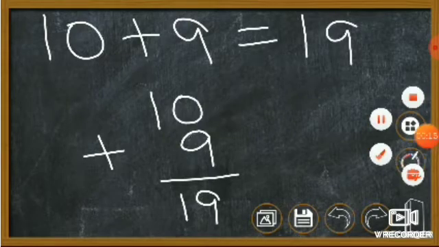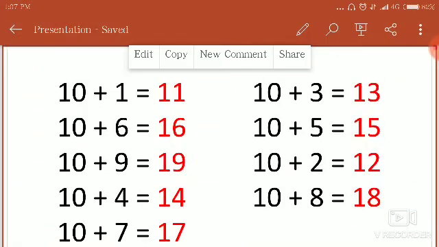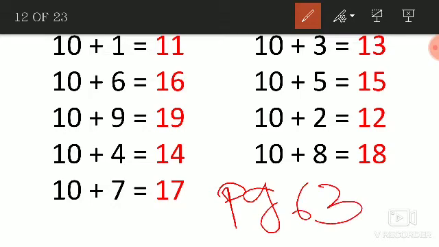Up to this, the first exercise gets over. Kindly copy down all the answers in your book. Okay children. Next, there is one more exercise given on page number 63 itself. The same sums are listed here in the subunit as E, add. Kindly copy down the answers from this.